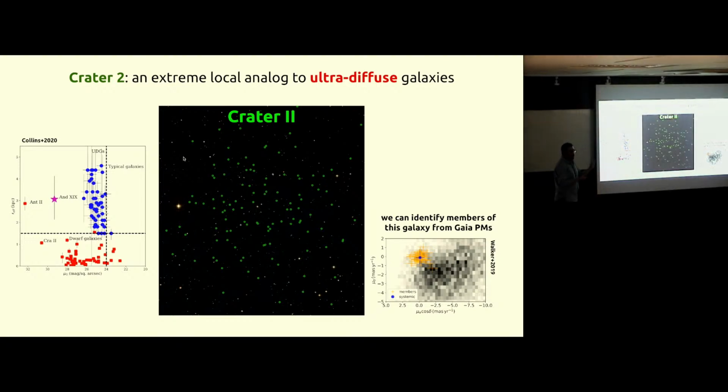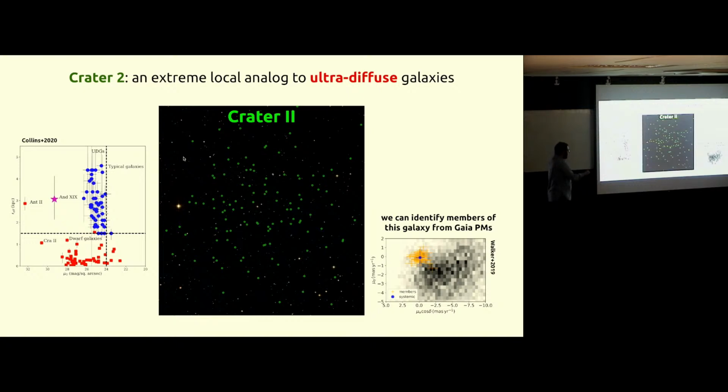And just to have a notion of how big this galaxy is, it is approximately 1,000 times less massive than the SMC, but it has the same size on the sky as the SMC. So this is really a humongous galaxy. And you can see that this galaxy Crater 2 is not alone. There are other galaxies in the Local Group, for instance, this one right here, which is an Andromeda satellite, and this Antlia 2. This surface brightness is actually being revised to the level of Crater 2. All of these galaxies are these extremely diffuse galaxies in the Local Group.